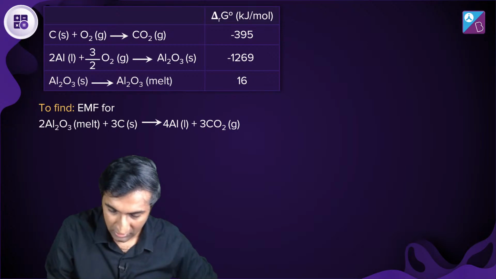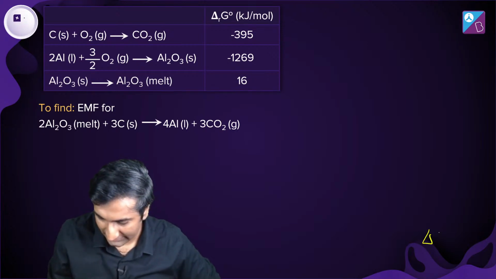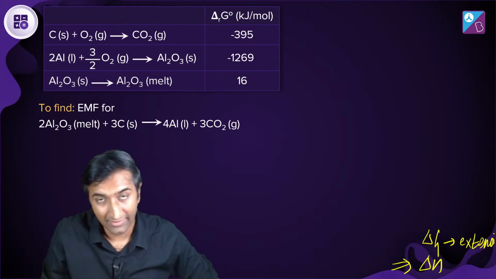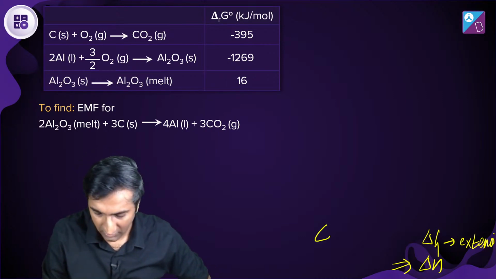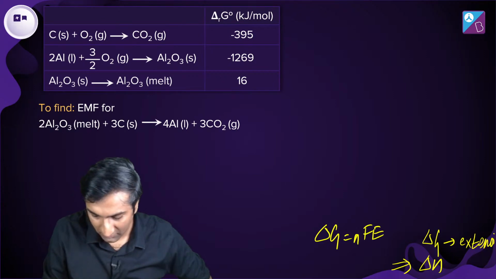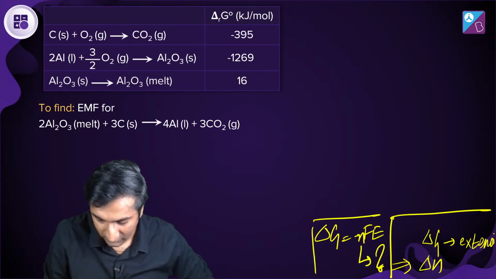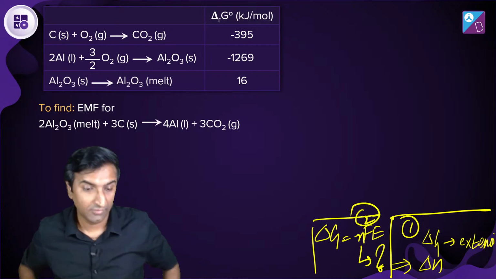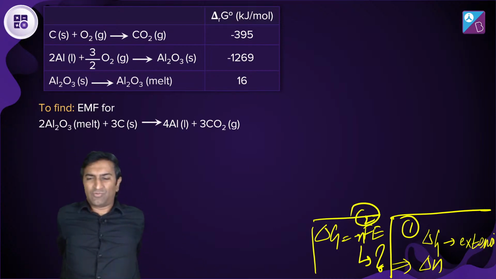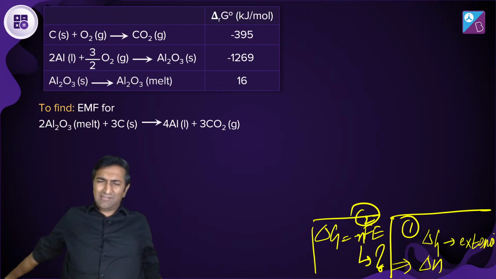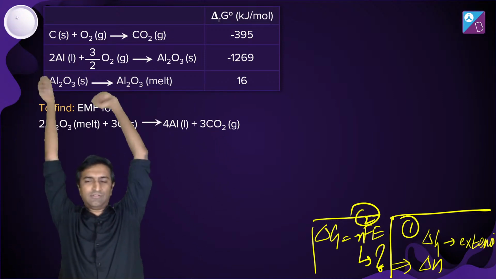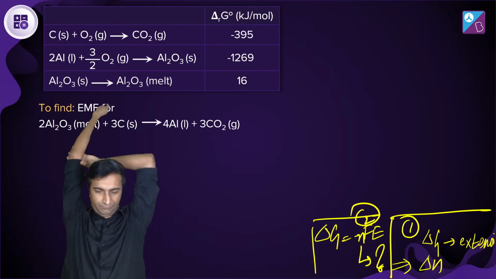What are you going to do? Use the fact that delta G is extensive, just like delta H. Okay, use that idea and then use delta G equals minus nFE. For that, you first have to find n. So these two ideas, number 1, number 2. Do these two things. Try it out. Now BGMI, it's okay. No need to track. Don't worry. It will be a better learning experience, we'll learn a bit. It's absolutely cool. Please try this one out.